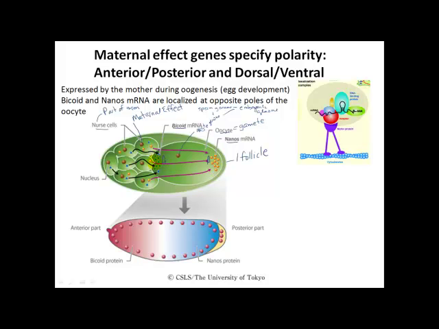Because it turns out that these mRNAs, once translated, are going to be specifying their protein products, right? The bicoid protein is specified by the bicoid mRNA. And so at this region of our developing embryo, we're going to have a high concentration of bicoid protein, and at this region of the embryo, we're going to have a high concentration of nanos. And because proteins can diffuse within the cytoplasm, what we're going to see established is what's called a gradient, a